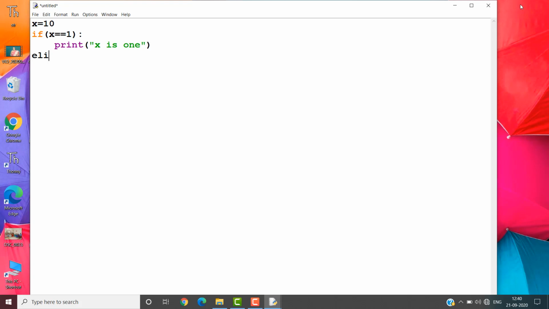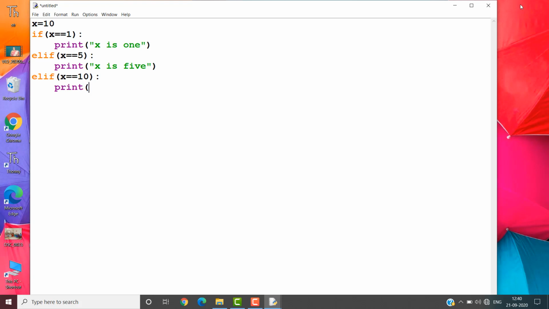If it is not equal to 1, then what do we have to do? Elif x equal to 5, I will check whether x is 5 or not. Print x is 5. Elif I am checking x equal to 10.